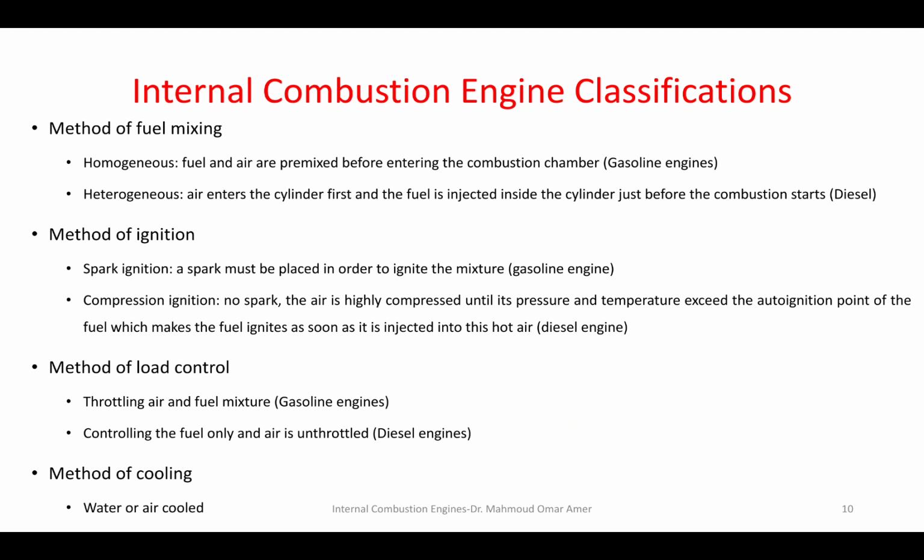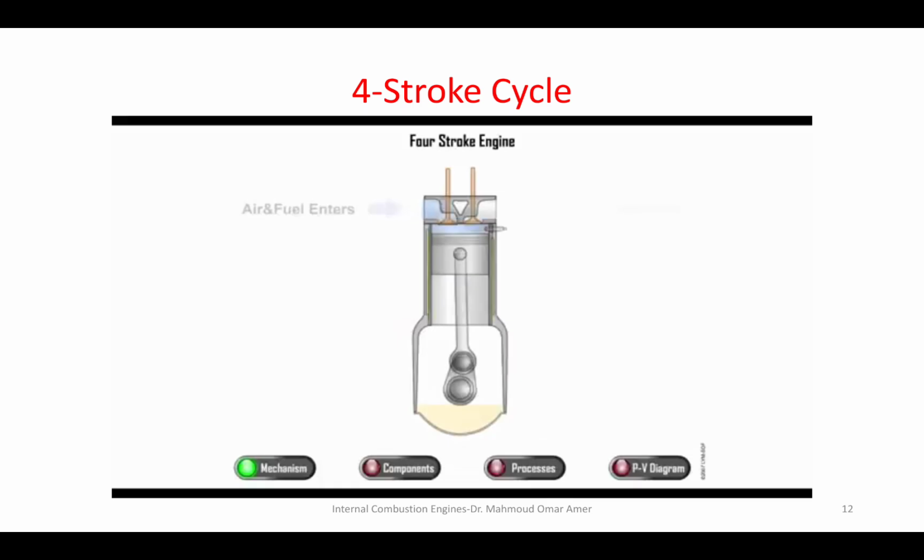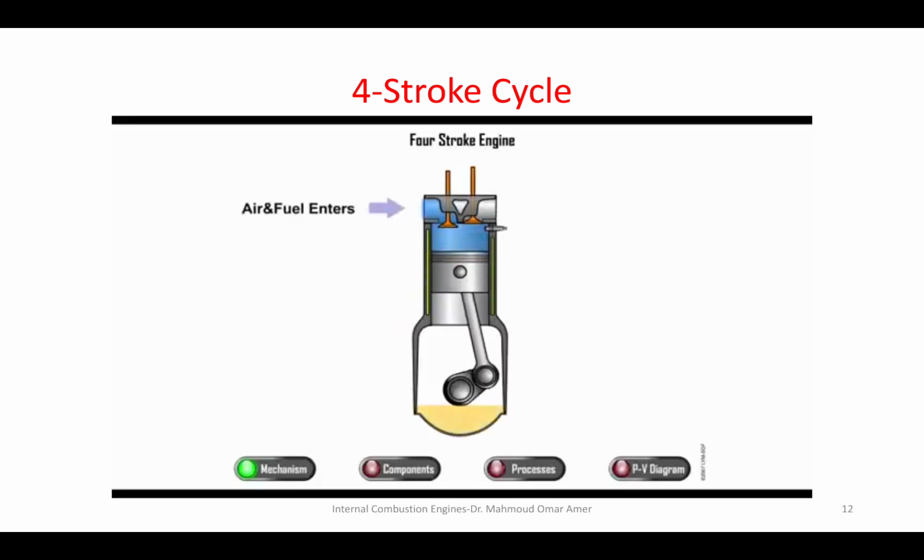Okay? So, in gasoline engines, we control the air with the accelerator pedal. In diesel engines, we control the fuel with the accelerator pedal. Okay? Finally, the method of cooling, we can have a water or air cooled engine. The engine operating cycles, we have the 4-stroke cycle, intake, compression,